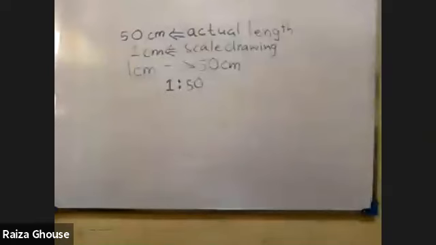So if you don't have the book, write down the question as: write the scale given in each of the following parts as a ratio. Okay, I'll explain to you, Shaima, in the second part.